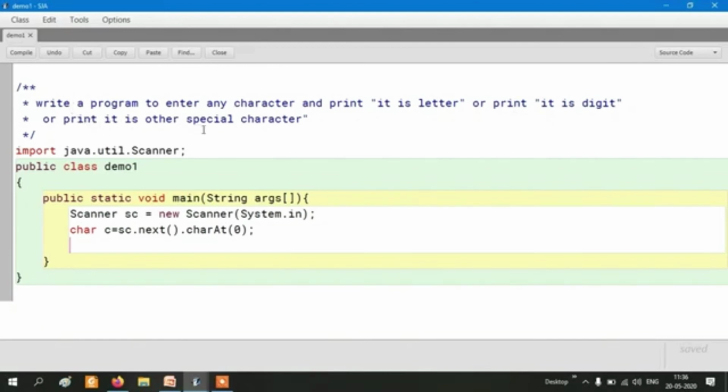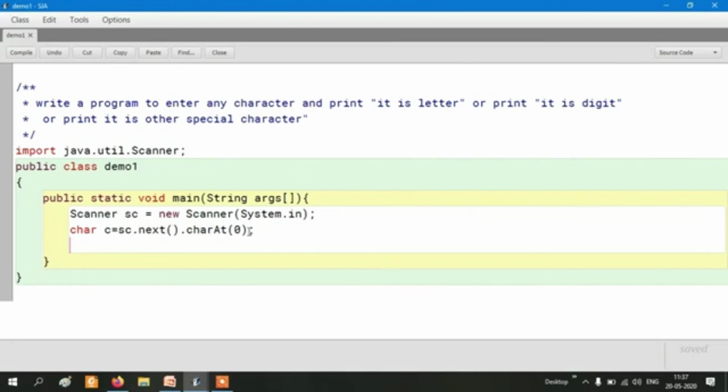So you have to create a program which will check whether it's a letter or a digit or a special character. For performing this, we are going to use the if statement. Let's write here. Let's begin.